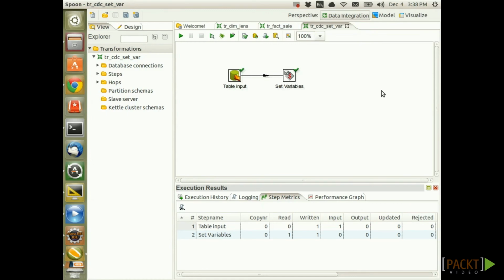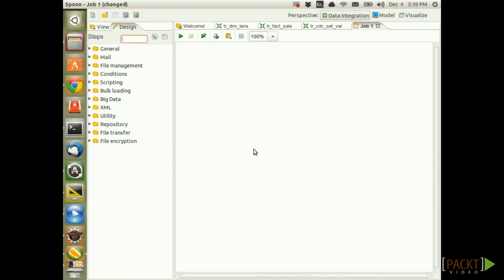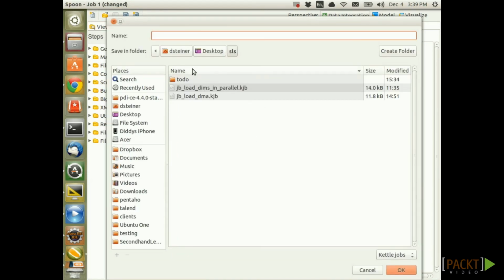Welcome to the second part of the CDC chapter. Previously, we created a transformation to retrieve the maximum sale ID from the fact table. Also, we adjusted the input query so that only data with new sales IDs is imported. So we have to create a job to take advantage of this. So click on New, then Job. Save the file in our dedicated project folder as